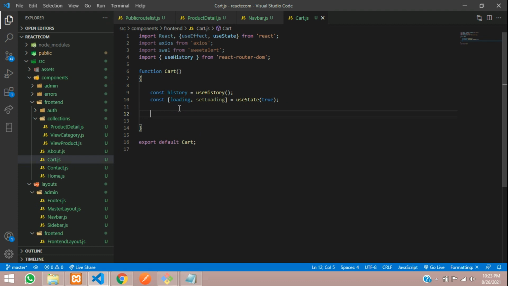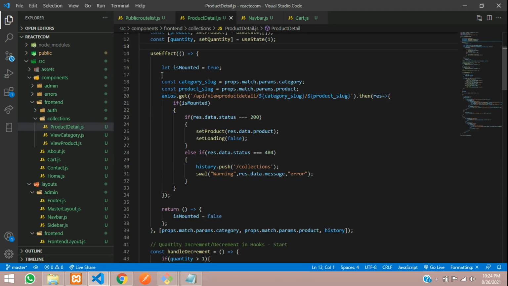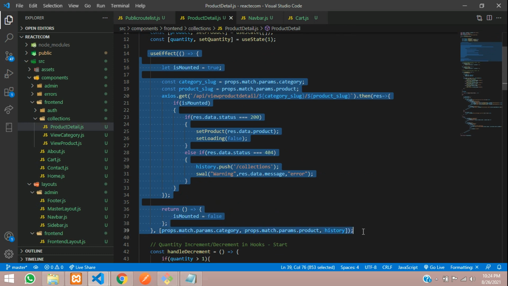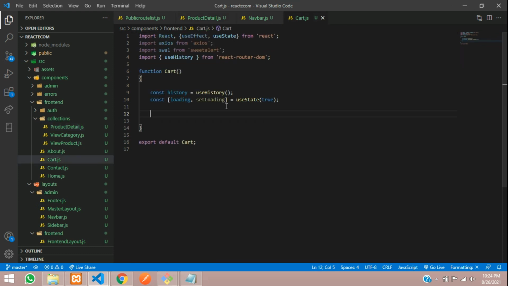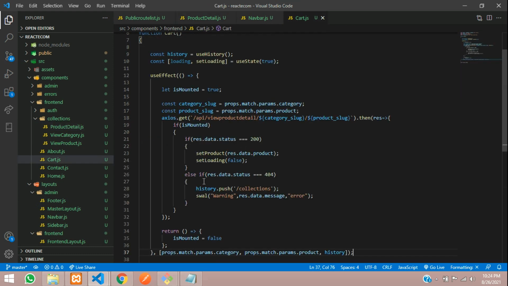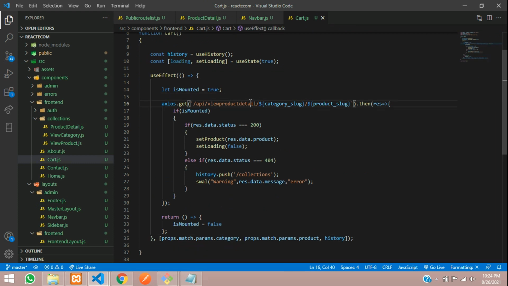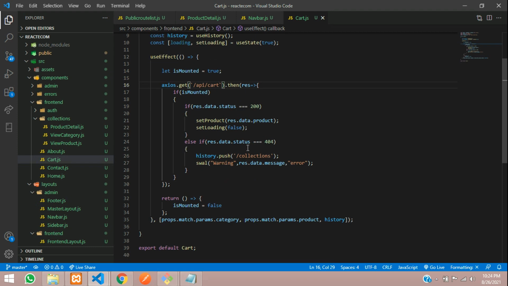Now we need a useEffect also. Let's copy useEffect, copy this fully, the useEffect function, and paste. Let's remove this, we don't require it over here, and change this to cart and remove all the parameters. Now we need to remove this also.